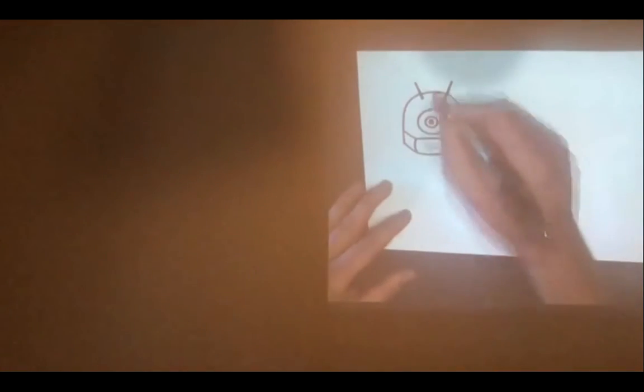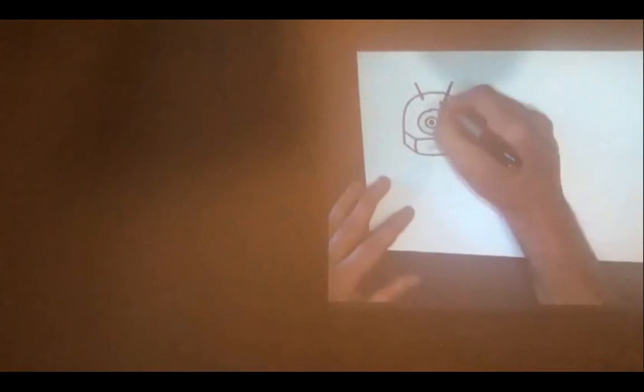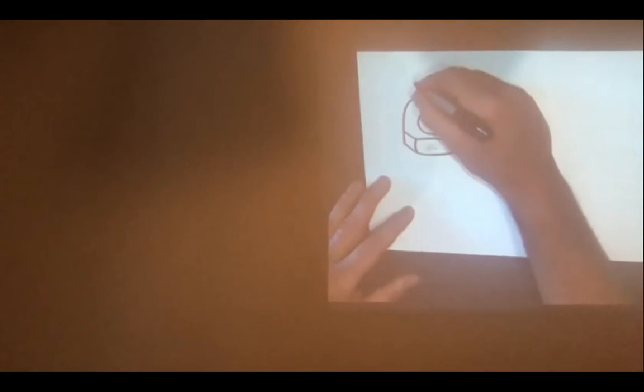And if you guys are using pencil, you'll be able to erase that in a second. Then the curved line there and the same curved line right there. And inside of that,